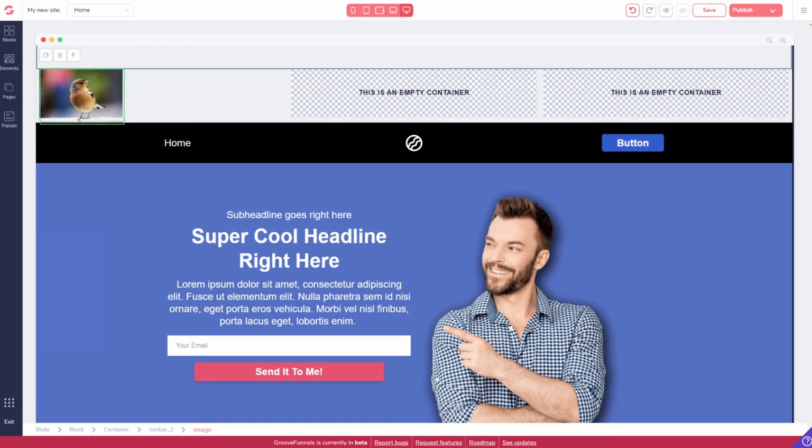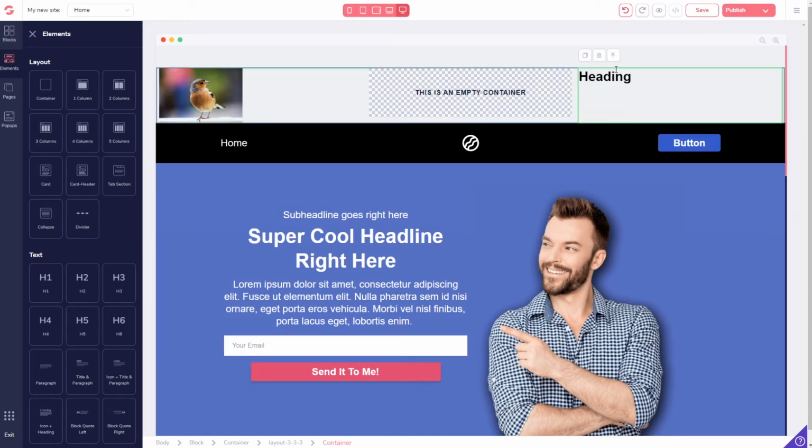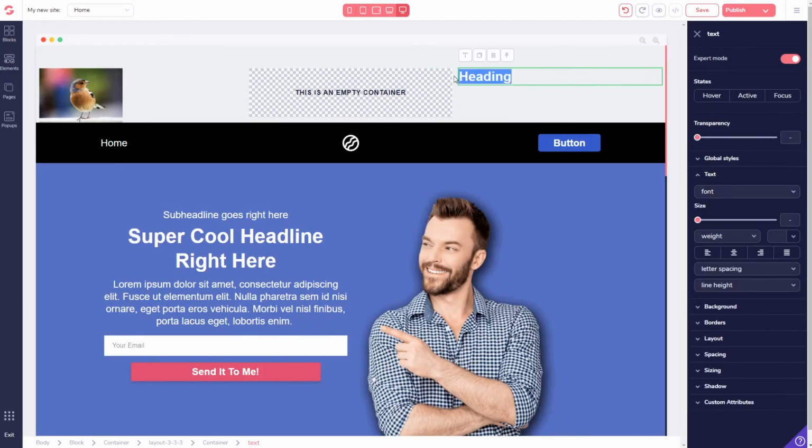And then we want another element for heading. Put that guy into there. And we want to change our text. There we go. The bird page. And we don't want black. We want some nice color. So then we can pick